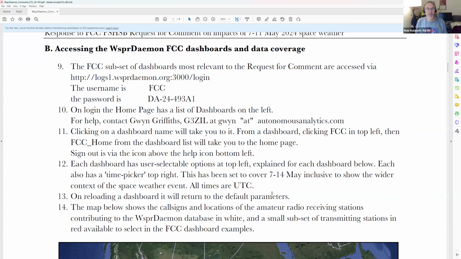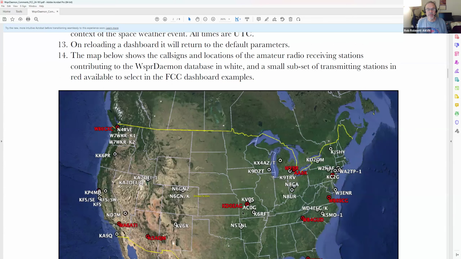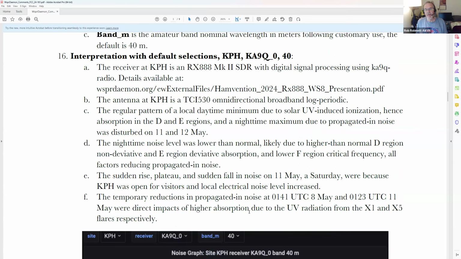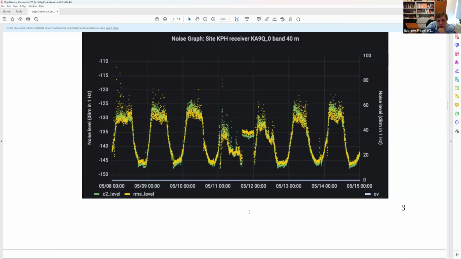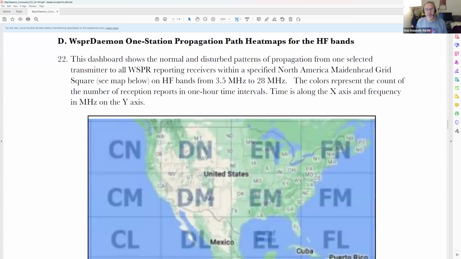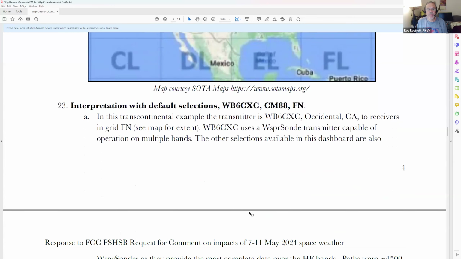He created those specially. They're part of a much larger set of pages that Gwyn has created that allows you to look into the database and learn about WHISPER spots. Is this also something we can share on the HamSCI front page? Yeah, absolutely. I think Gwyn would find it very rewarding.